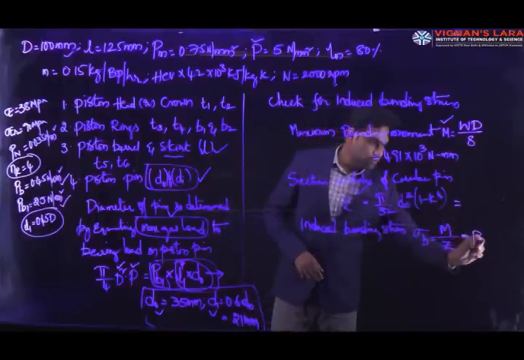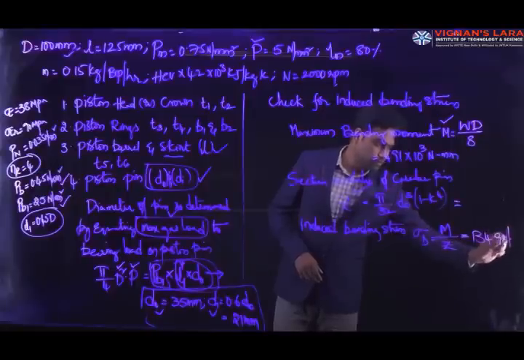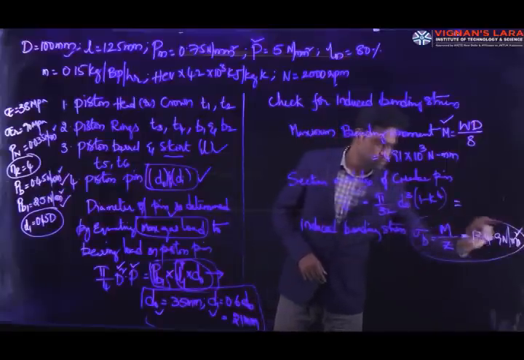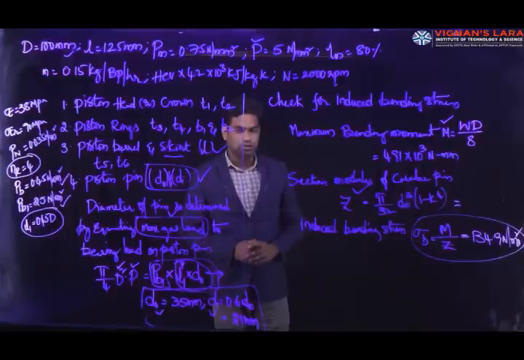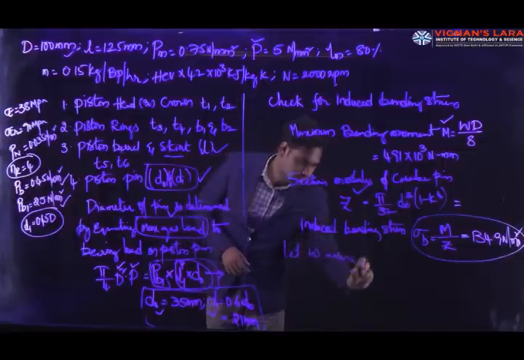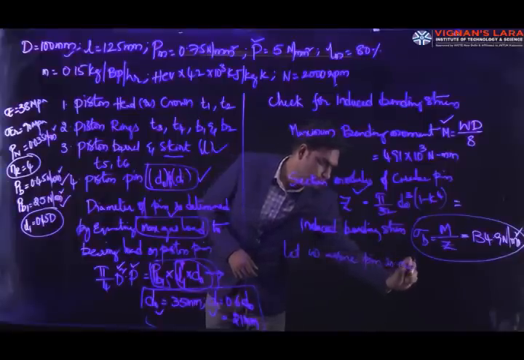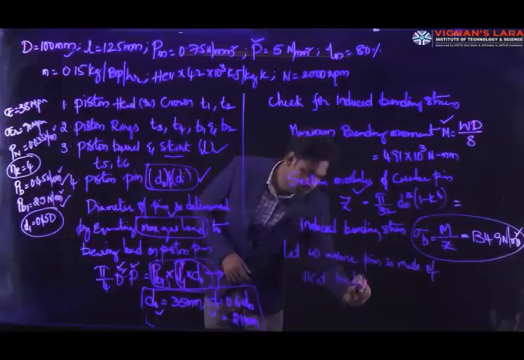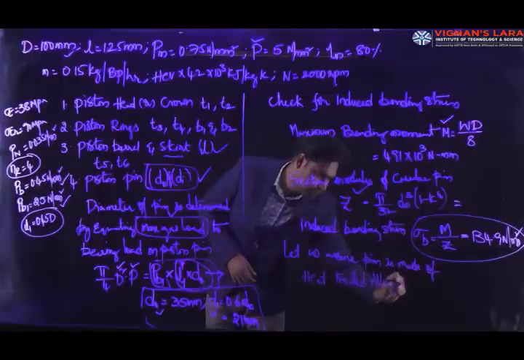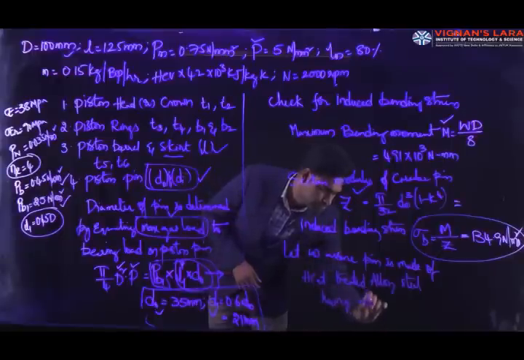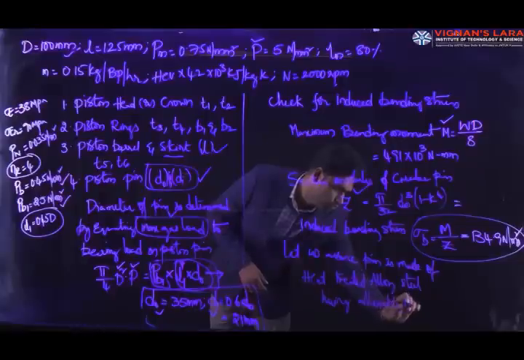So it may be 134.9 Newton per mm square. After finding out the induced bending stress, this is the value, 134.9. So we need to check this induced stress with the allowable stress value. For that, let us assume the pin is made of heat treated alloy steel, having allowable stress of